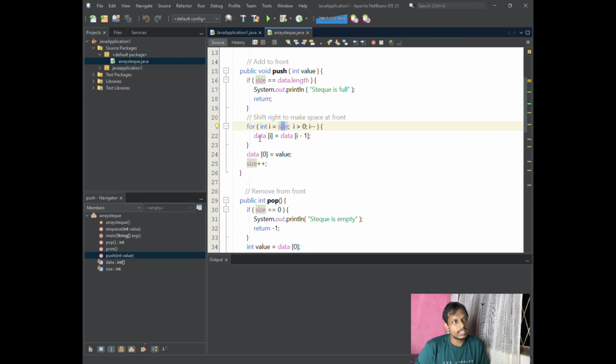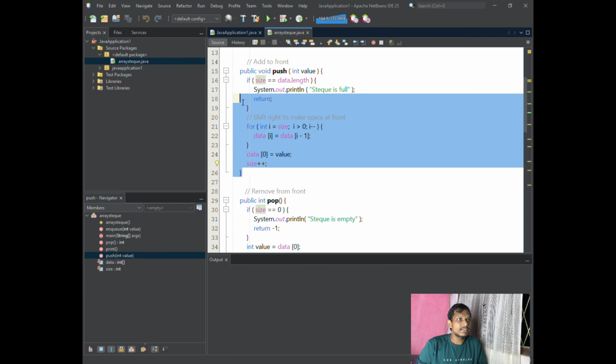Then data i equal to data i minus 1, like this. So data index 0 is equal to value. After that we increase size by 1. This is our push method.